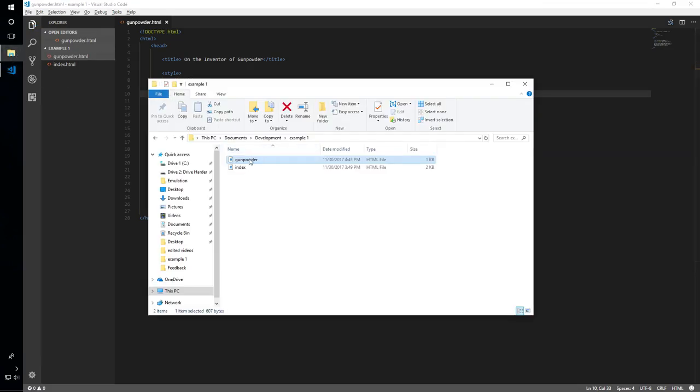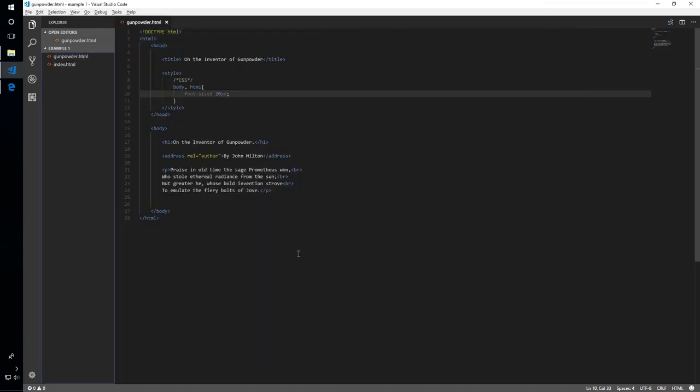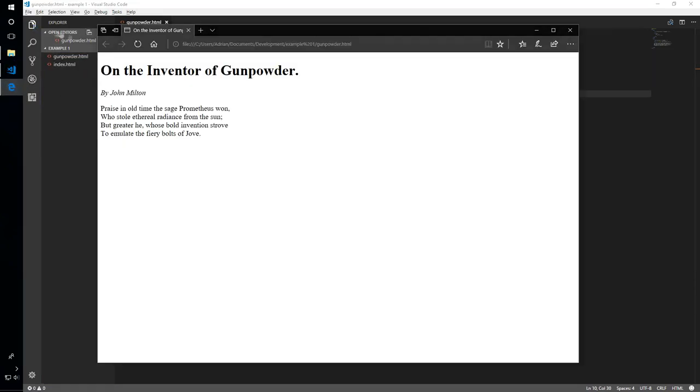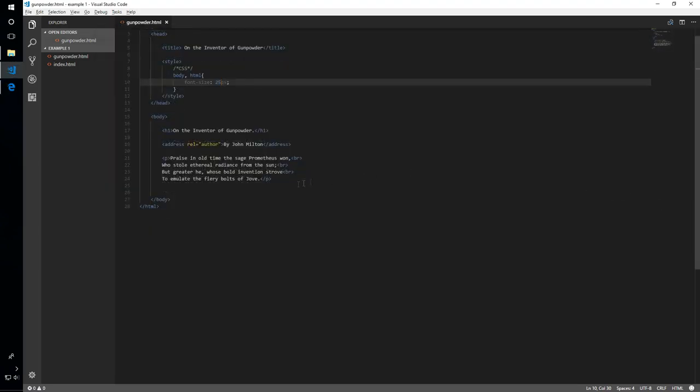Let's open up the file again and see how that looks. You can see it's a little bit bigger, but I want to make this 25. It's not quite big enough yet, so we'll refresh the page and you can see the size has been changed very slightly. So that looks good, but I think this by John Milton text is a little bit too big,